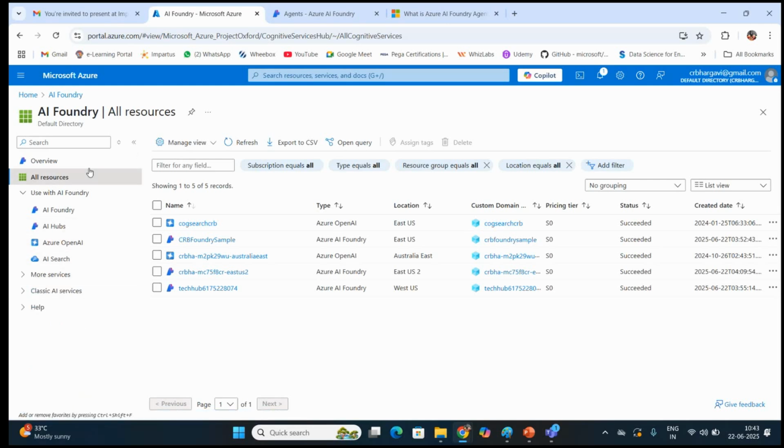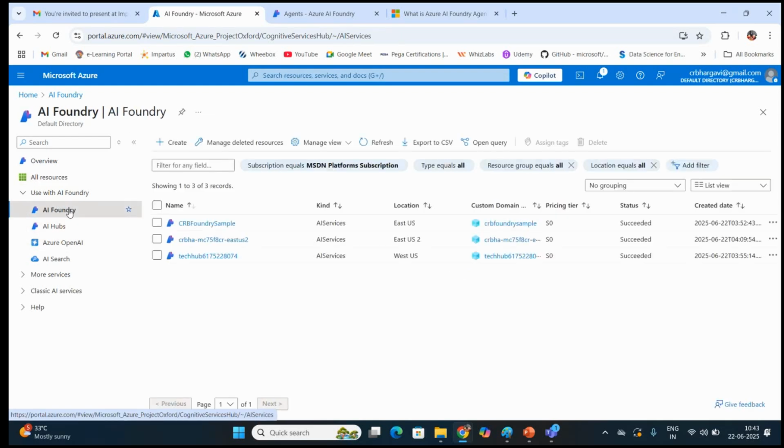You can have various resources created for you, and then AI Foundry is what we see.